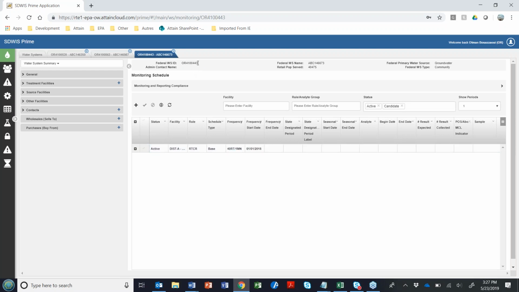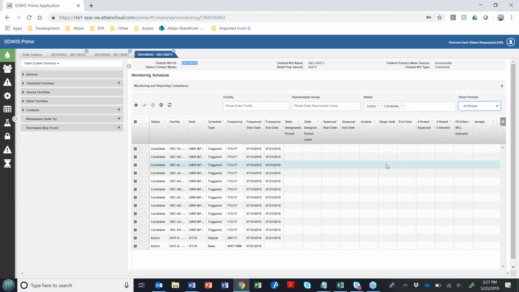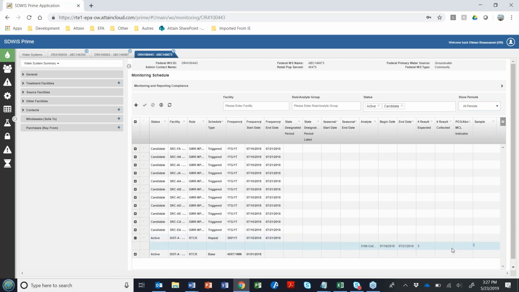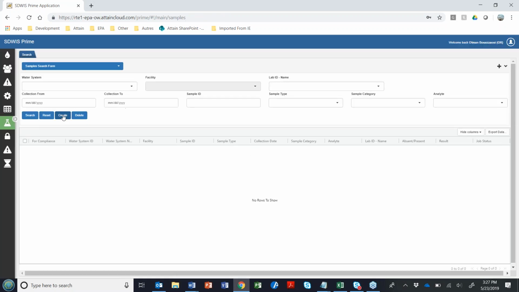So remember, this is the large one that is asking for 40 routine samples every month. If I expand or look in the past, you can see that I have my repeat that was created because of that positive that was collected in July 2018. So what I should see after I enter the repeat samples is that those 3 should be matched with this period here. Let's go to the sampling module and enter